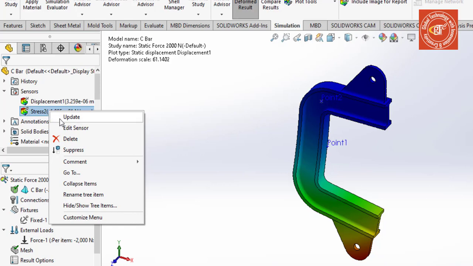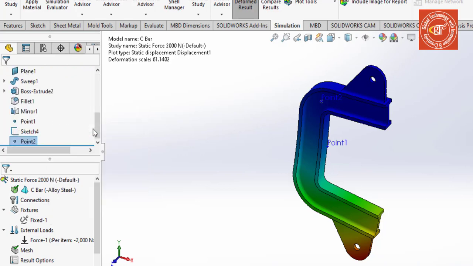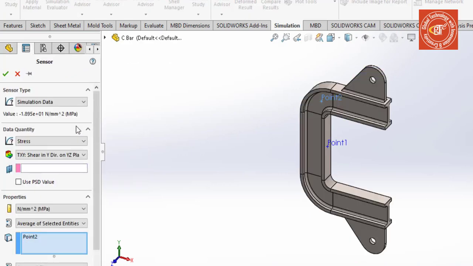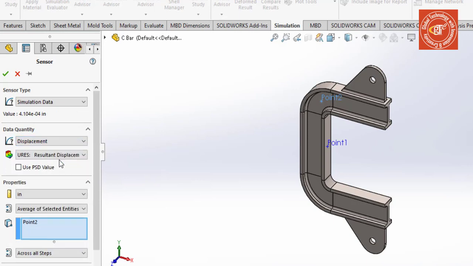Alright, simply click this OK, and now move to the stress 2. Simply right click on it and click edit sensor, and now we are actually finding the displacement at location B. So again repeat the same step. First change the data quantity from stress to displacement, and here change its units from inches to millimeter, and here make sure the resultant displacement is selected, and this is the resultant displacement value, that is